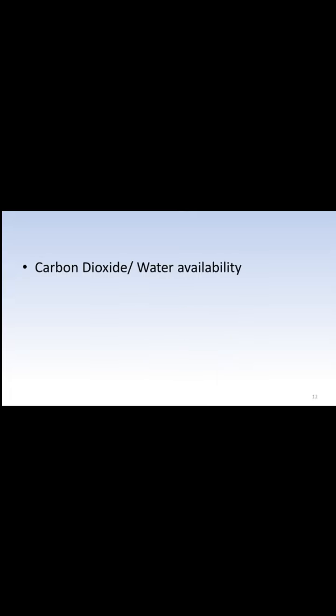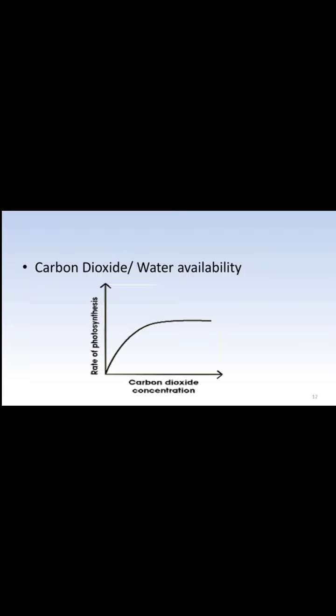The final two limiting factors that I wish to mention are carbon dioxide and water availability. In most cases, it is water that may be in short supply within the ecosystem. This graph is similar to the one that we saw before with light intensity. The same explanation applies here. If you were to increase the carbon dioxide concentration, or it could be the amount of water that is available to the plants, the rate of photosynthesis will increase until the plant